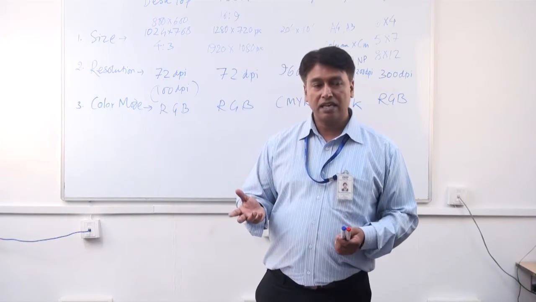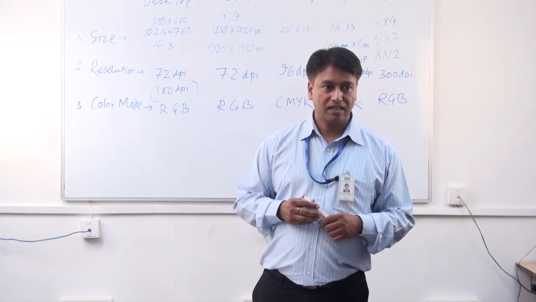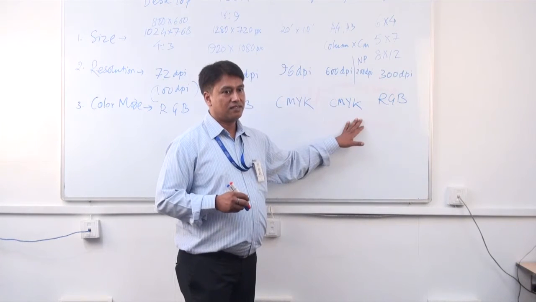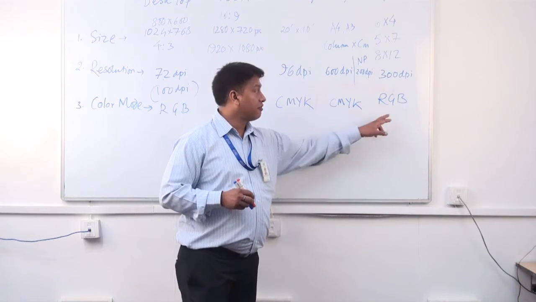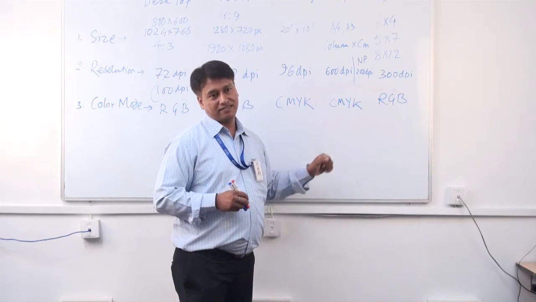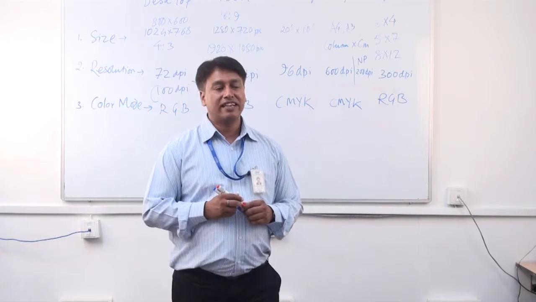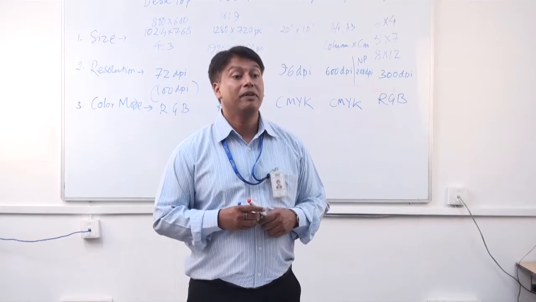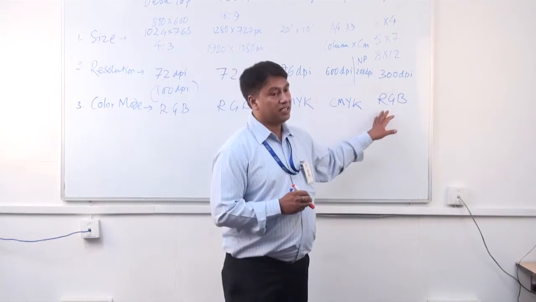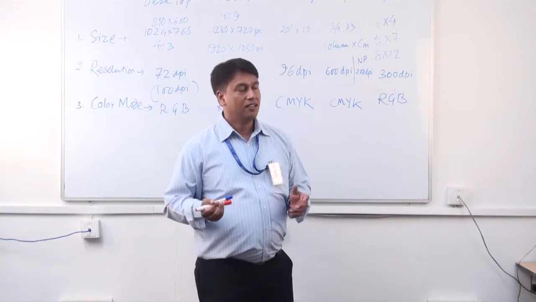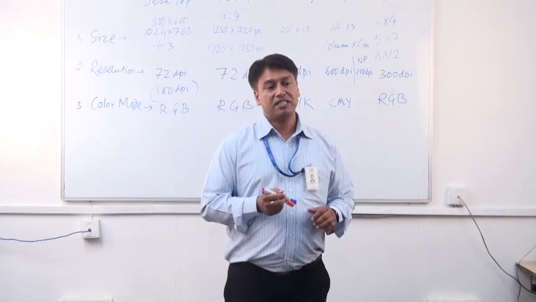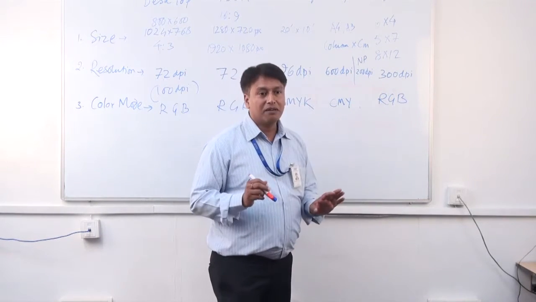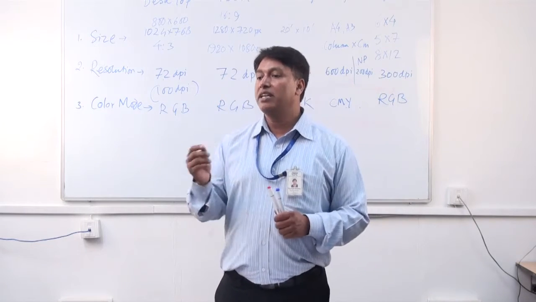Okay, you have heard about RGB color. These are primary colors. And what are these colors, CMYK? Secondary, because they have been generated from these colors. Actually, they are not called secondary colors, they are called complementary colors. When we mix RGB, the theory says the color comes out white. When we mix CMY, cyan, magenta, yellow, it should come black, but it does not come black. It comes out muddy brown.